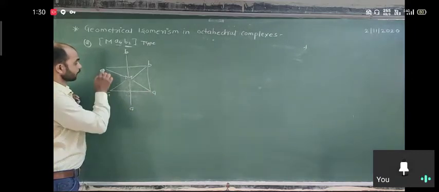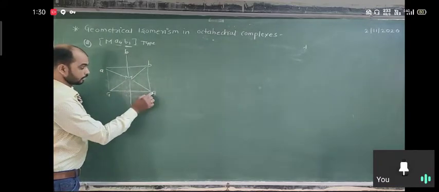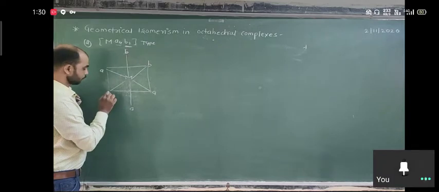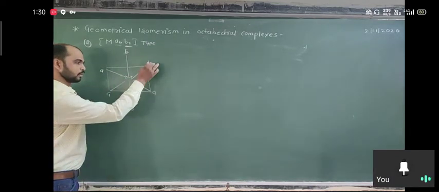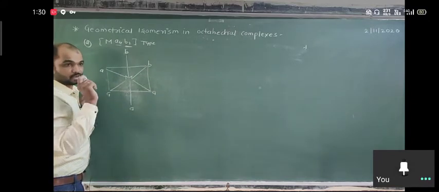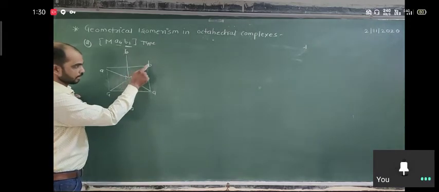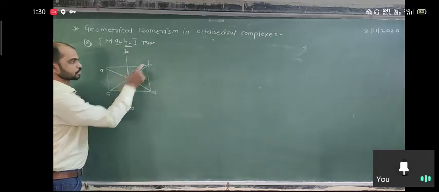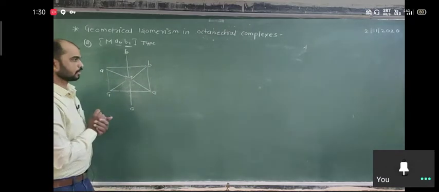This is a 6, 5 position, again cis. Again here 3 and 4 position, again cis. 4 and 5 position, again cis. That means all the bonds here, no doubt here are different. Think about the similar groups and how they lie or attach to the central metal. So both the B ligands attach cis to each other, and all the A ligands attach cis to each other. Okay, it is the first thing.